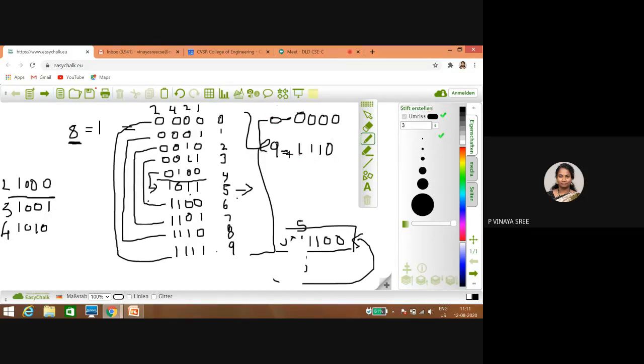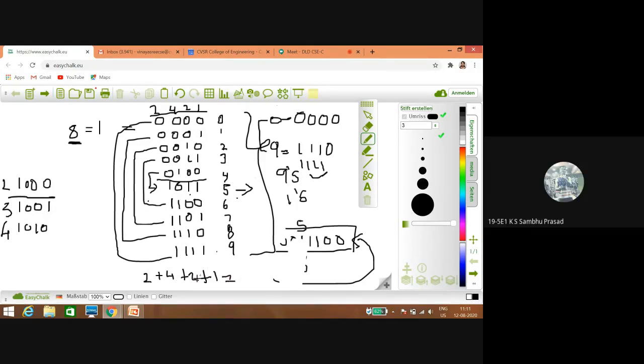But how can you know that it is a self complementing code or not? It has to get the nines complement, and it has to get the ones complement also. You are getting the nines complement, but are we achieving the ones complement here? No, we have to get what? 1111, but here we are not getting. In this way you can trace whether it is a self complementing code or not. So you have to get ones complement and nines complement as well. Okay, so how can you say that it is a self complementing code is, if you add 2 plus 4 plus 2 plus 1, what we will get, ma'am?